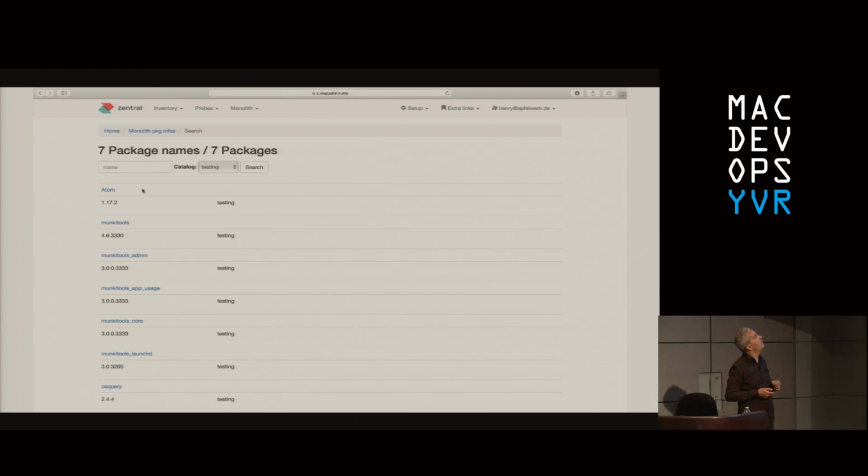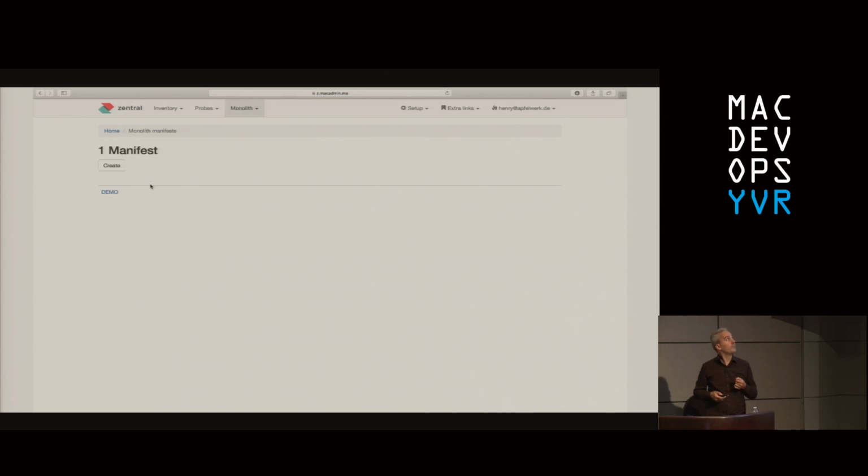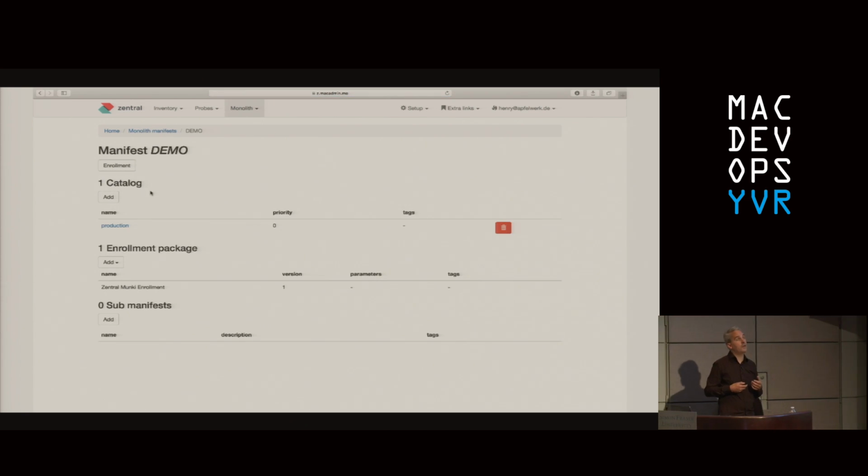We can search them by version. We can update the catalog, so we can change something from testing to production, and we create a manifest. A manifest is something that a device or a Mac has to be enrolled with. And for this,